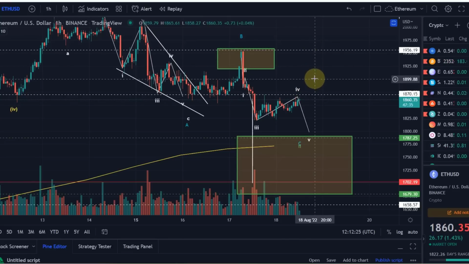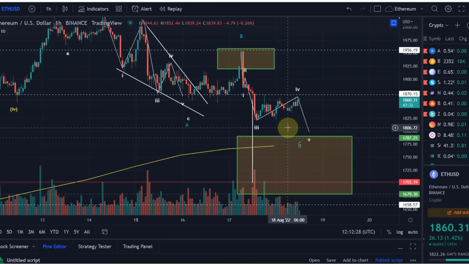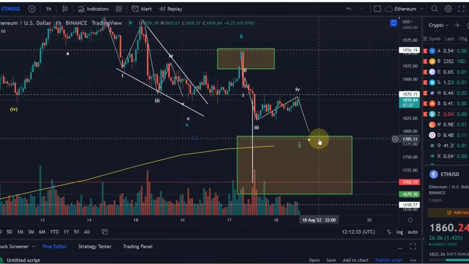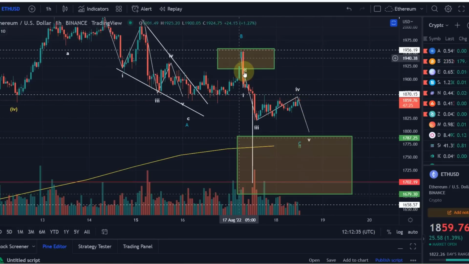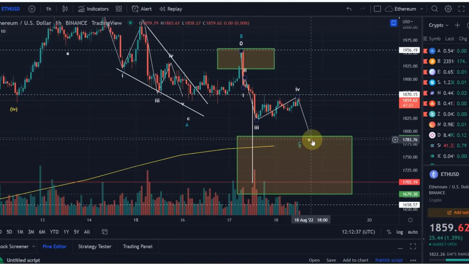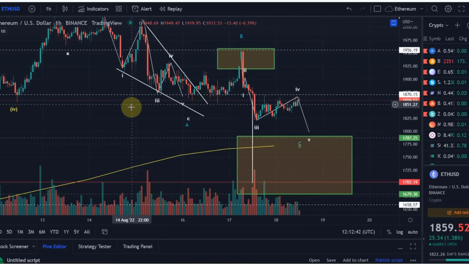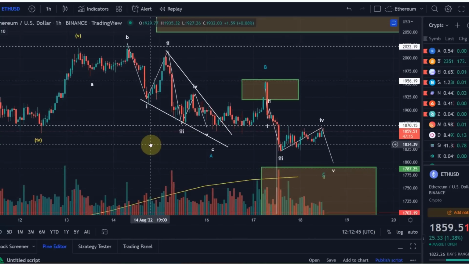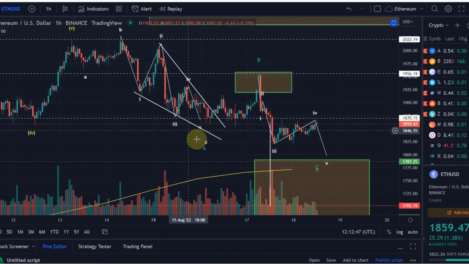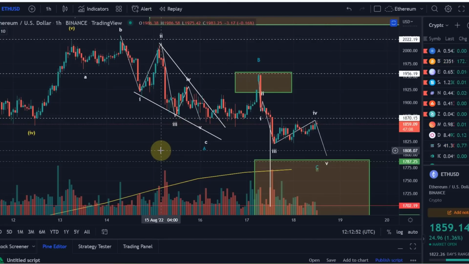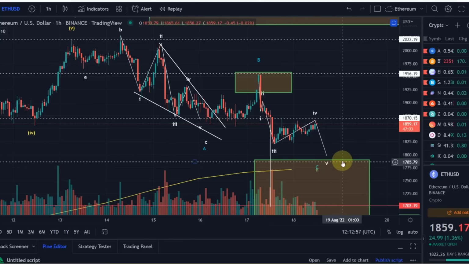As long as this is not the case, we have to be a bit careful here, and it could very well be that we are only going down further once more in a wave 5, because we cannot count 5 waves down yet in this C wave of the wave 2, and the ideal target was 1790, at least the first one. That was the equality projection target of the wave A and the wave C, which basically means that the wave A has the same length as the wave C. Doesn't always need to be the case, but it's a guideline, and we haven't reached that. Plus we haven't counted 5 waves down.